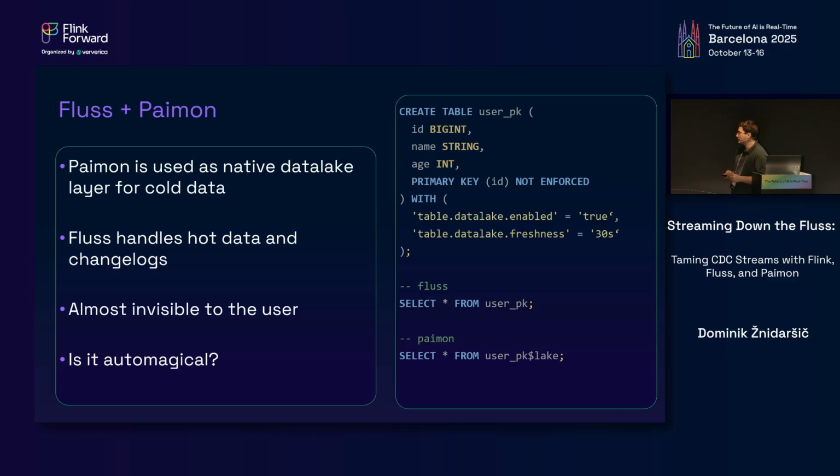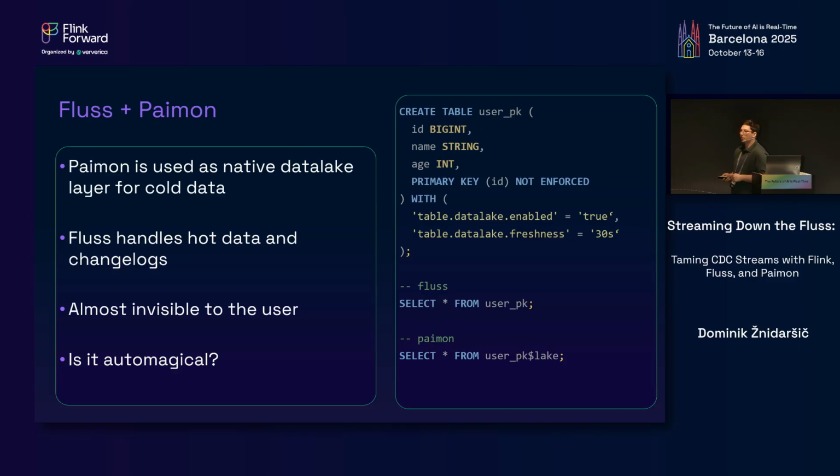Of course, nothing works out of the box. And for Fluss to offload data to Paimon, you actually have to run a Flink job. They provide it as well, but you have to run it. And then on your Flink cluster, there's a job slowly running, talking with Fluss and asking, oh, do you have any data for me to persist? Fluss says yes. You can go check there on that storage,